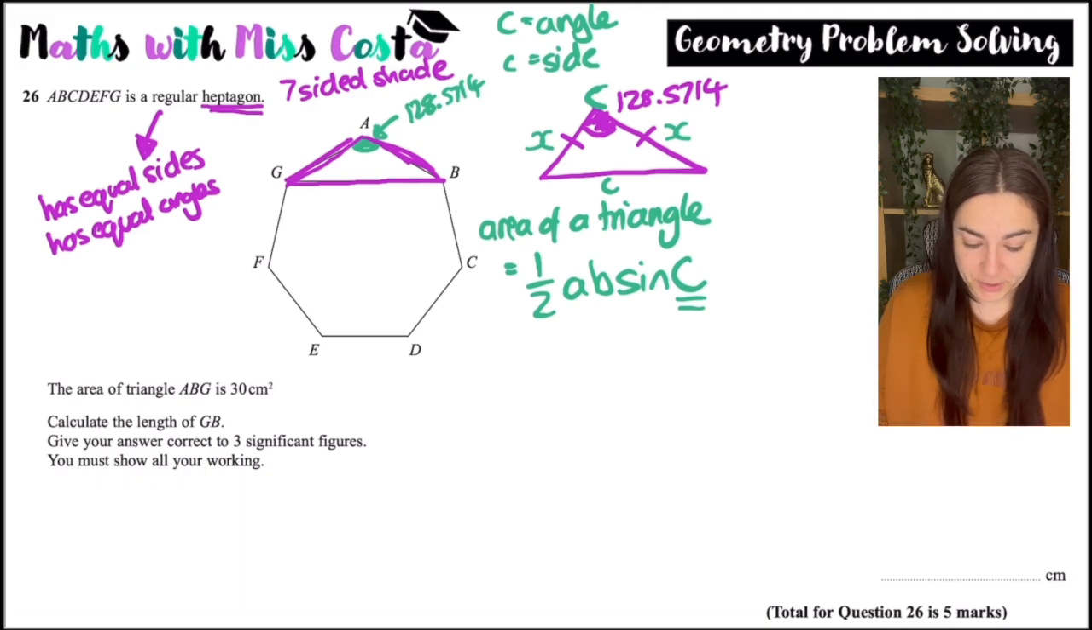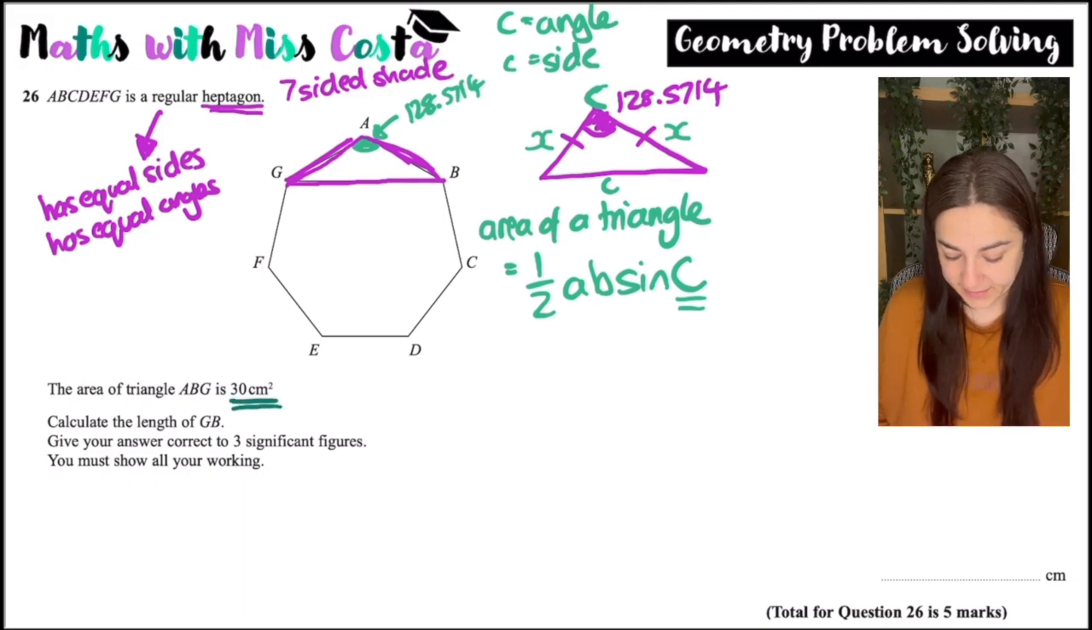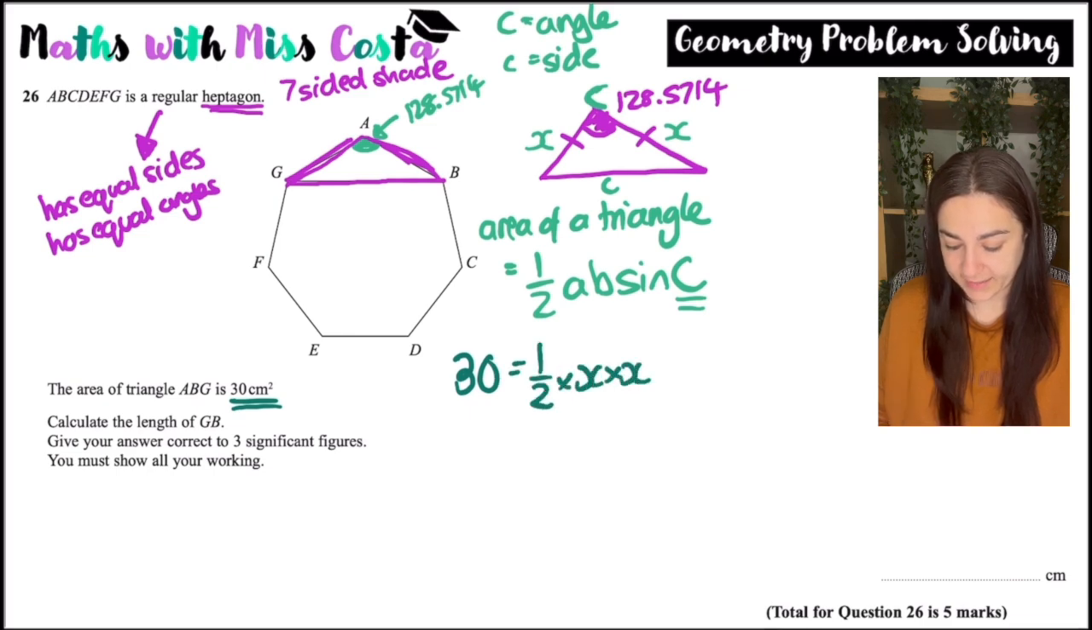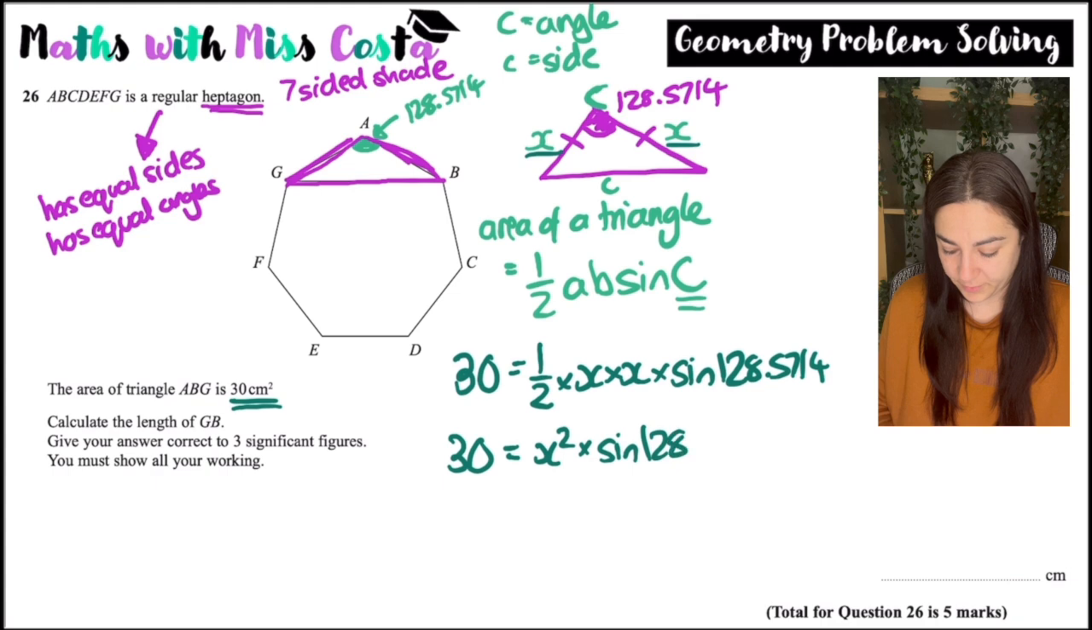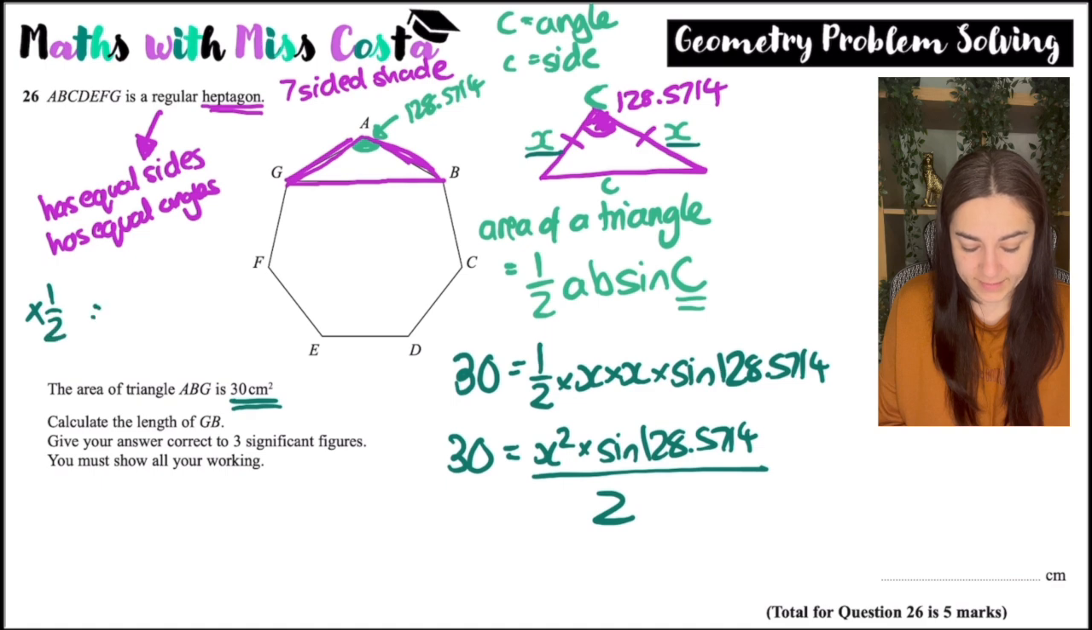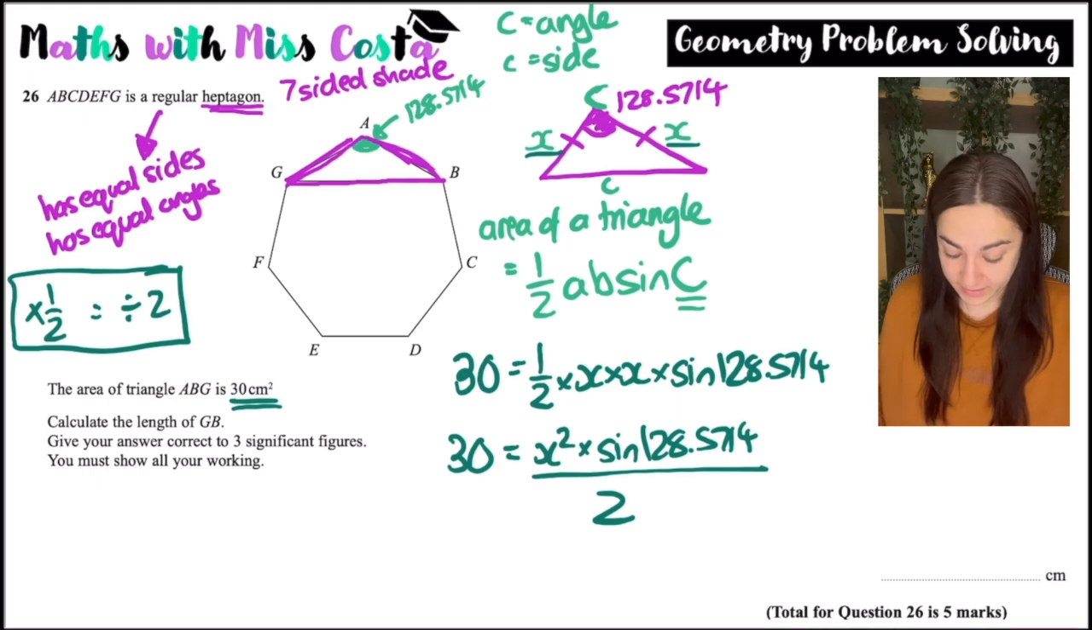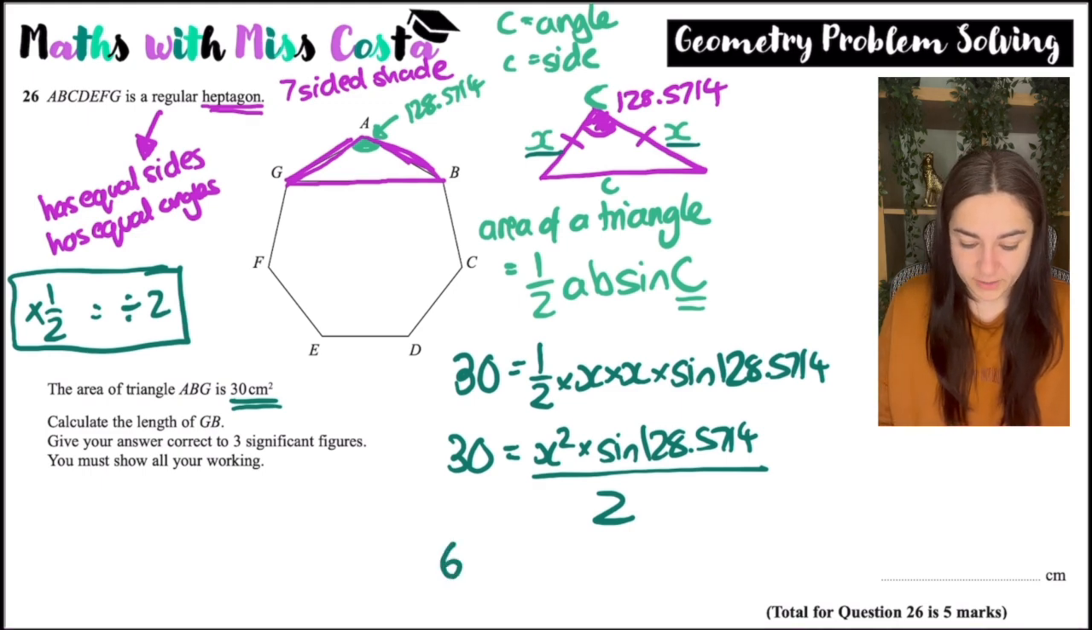And I can substitute. So I know the area is 30 centimeters squared. So I'd say 30 equals a half times x, because these are the two sides a and b, times sine 128.5714. So then I could just simplify this. So that would become 30 equals x squared times sine 128.5714 divided by 2, because remember, timesing by a half is the same as dividing by 2. You don't have to simplify it like this, you can just start rearranging it immediately. But then if I times both sides by 2,